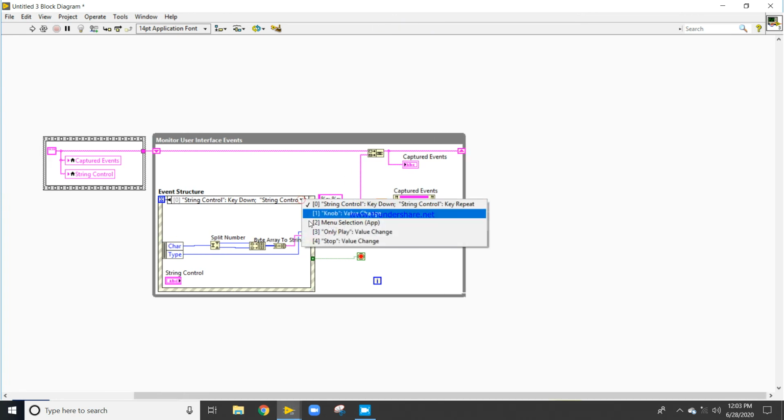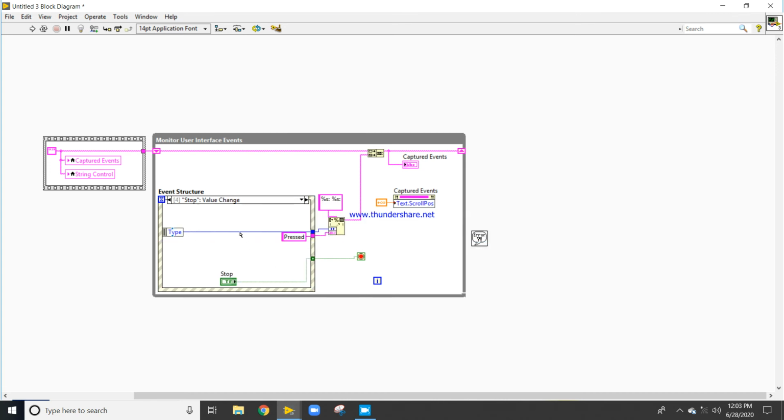So let's come here. I don't want to paste, so what can I do? We will change that after.